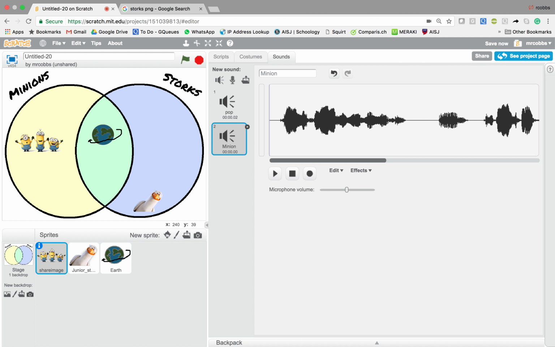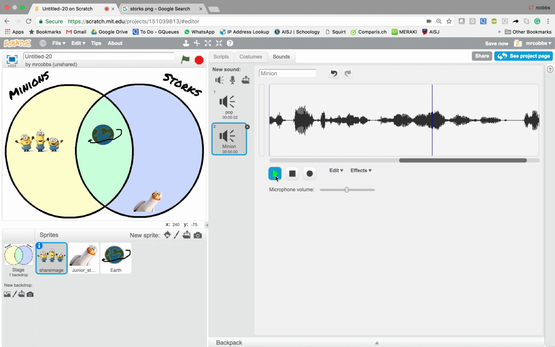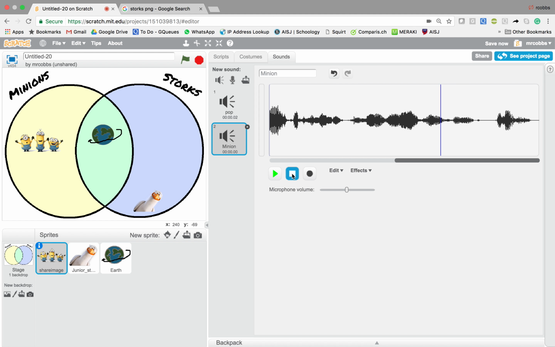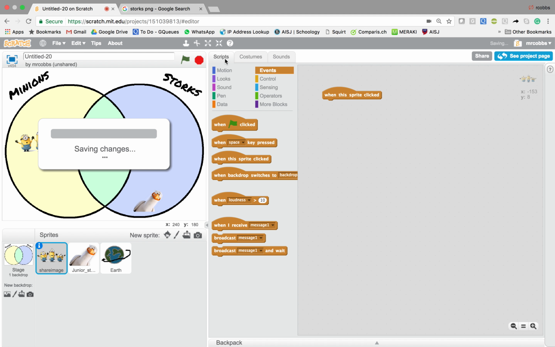So now I can click start. In the movie Minions, the story is about these guys called the Minions, and they are yellow and weird. They're not real. I remember there was a verbal pause there, so let's hear that again. Yeah, I don't want that. Now listen to it. In the movie Minions, the story is about these guys called the Minions, and they are yellow and weird. They're not real. Great. Now that it sounds the way I want it to sound,